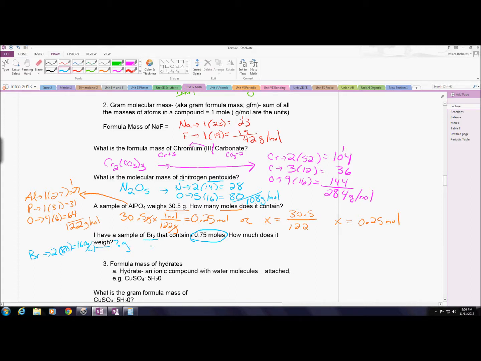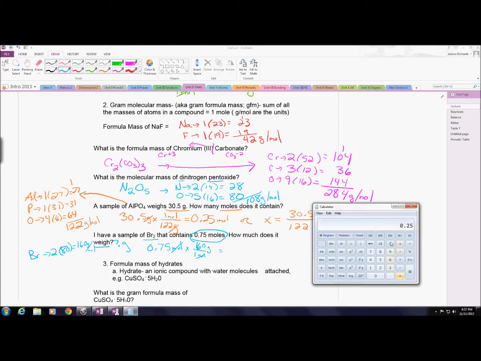So again, you can either do it the factor label way, 0.75 moles times 160 grams per every 1 mole, and the moles will cancel. And we have 0.75 times 160, or 120,